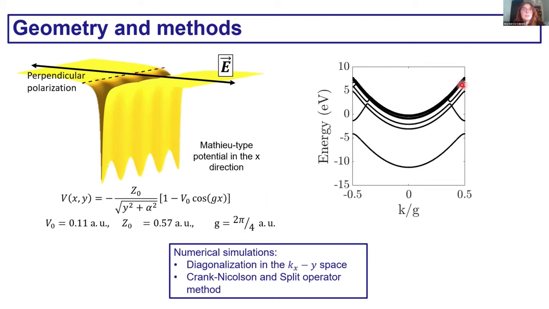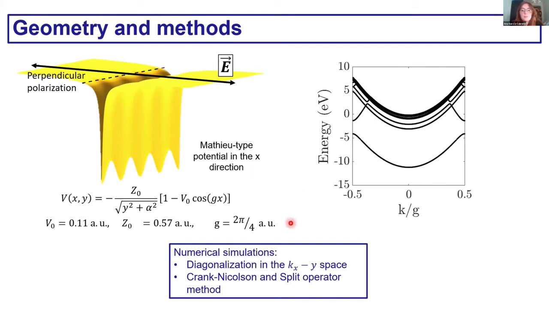This is the energy band scheme we obtained from the potential. And in this case, we are considering, for simplicity, a one-dimensional crystal, but it is reasonable to think that we can extrapolate this scheme to systems like graphene.